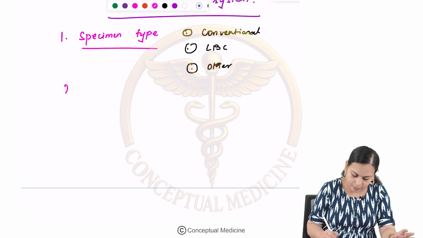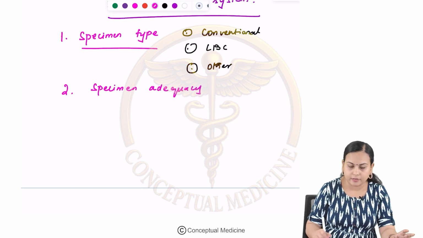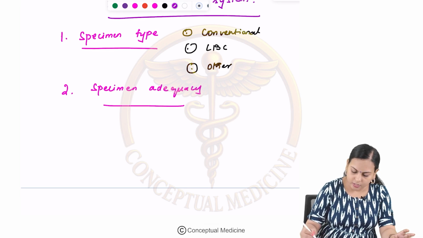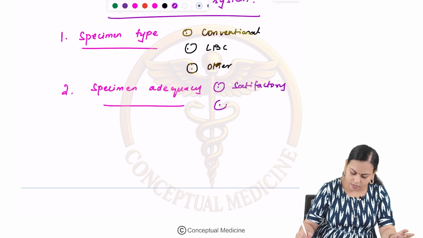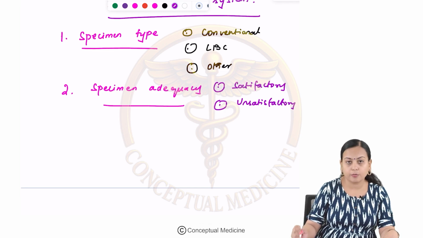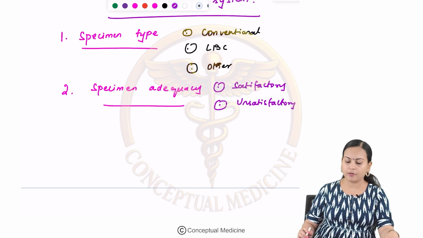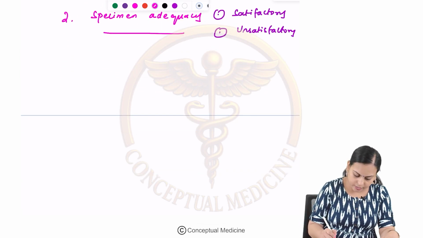The second point you have to know is specimen adequacy. We have seen what adequacy is needed, right. So, you have to just mention whether it is satisfactory for evaluation or unsatisfactory for evaluation. This is how the report from the path lab will be coming. So, you have to know the meaning of this and what the components are. Okay. And the next one is general